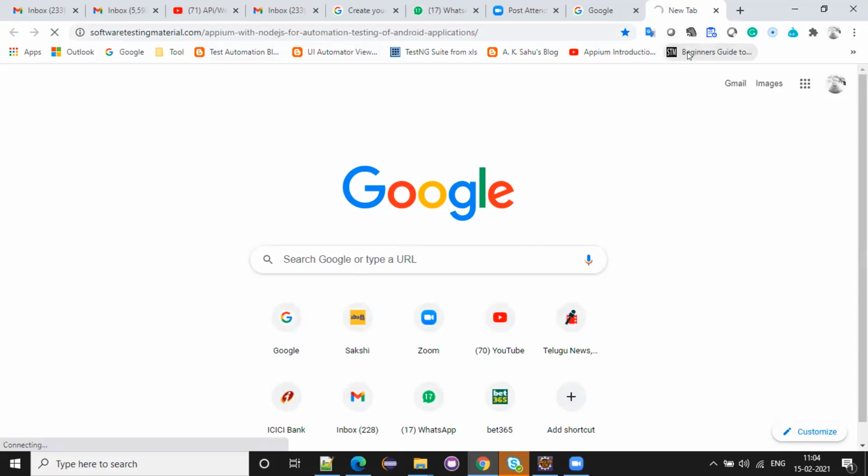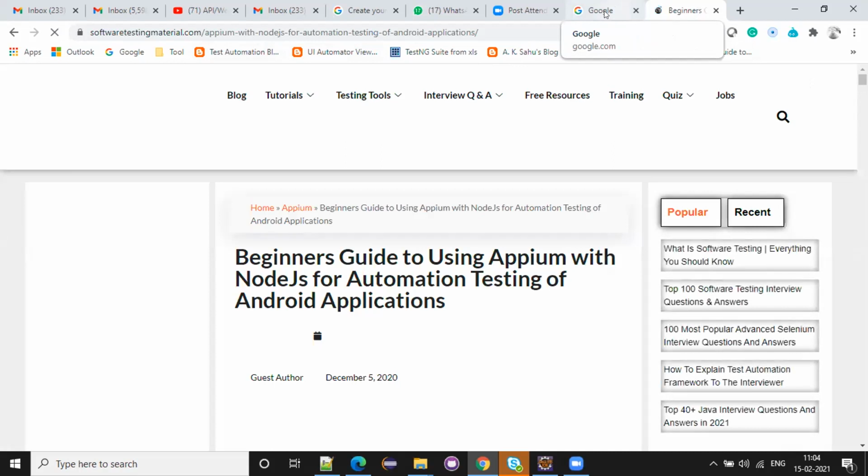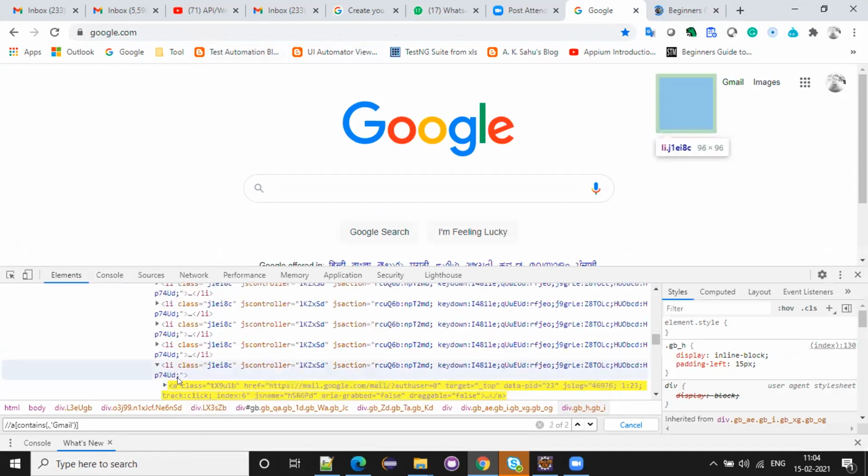You're using div in order to make it unique, right? If it is already found, no need to use the div, right? See here, up to here I wrote with A. What happened? Two things I found. So this is also tag name A and Gmail. See here, tag name is LI, but I don't need this one, right?